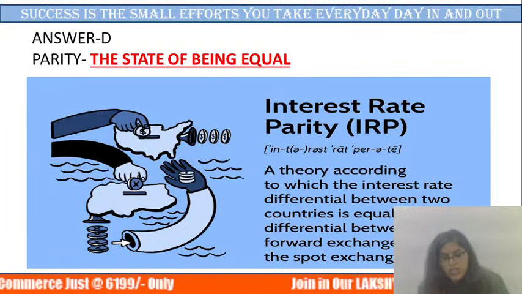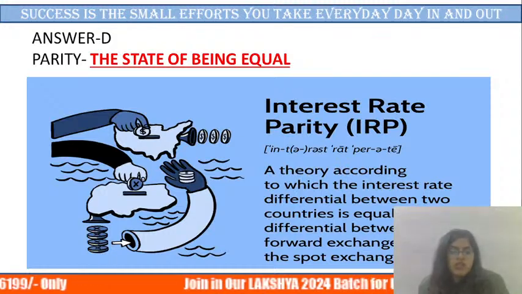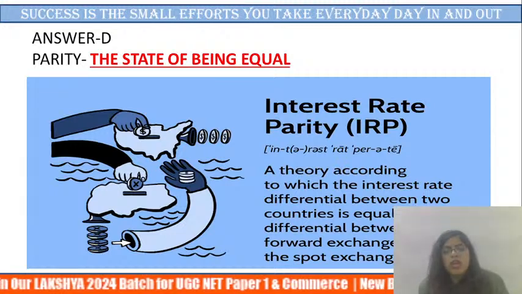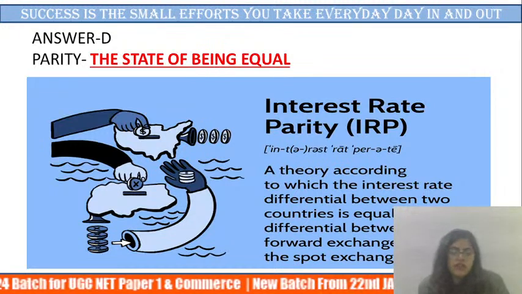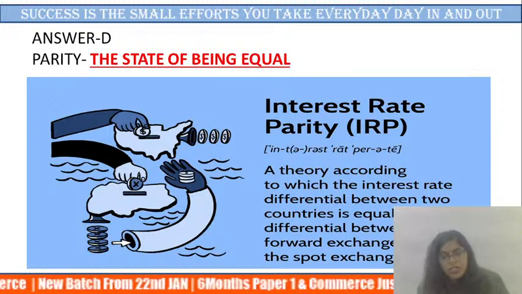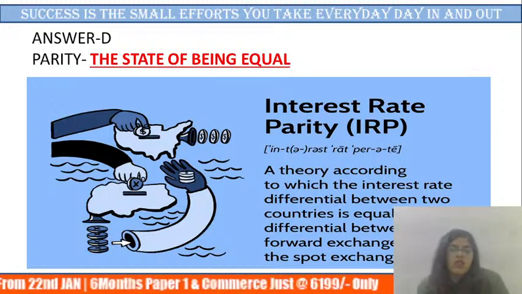The rate we are having right now, the rate on which we are bargaining right now, on the spot. We are talking about that rate, we are dealing on that exchange rate. If we are buying something or investing in something, that will be the spot exchange rate. And what is the forward exchange rate?